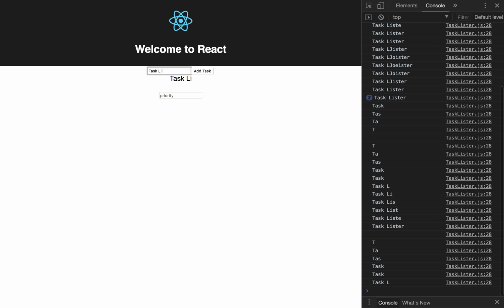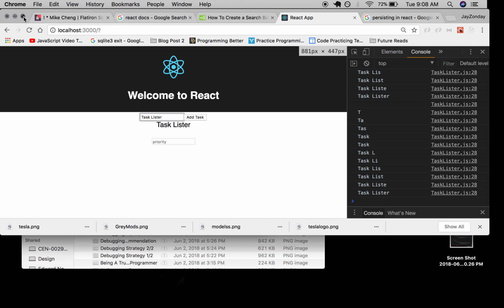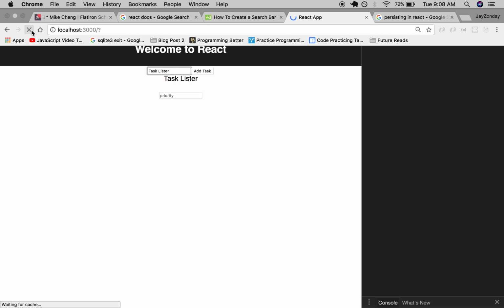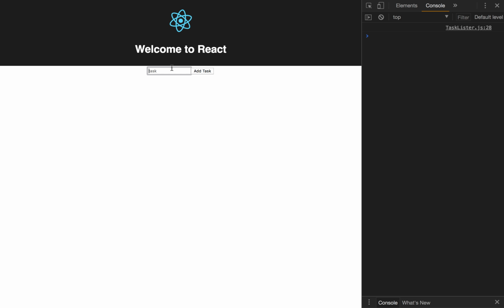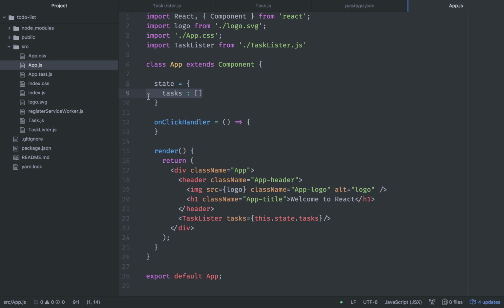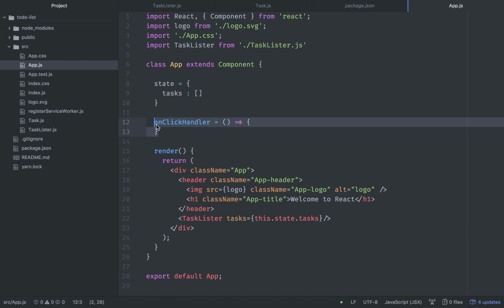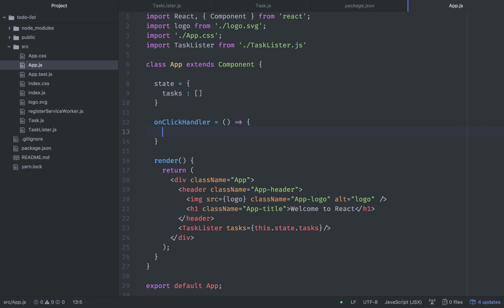So right now, we backtrack a little bit. Nothing's persisting. That's another issue as well that I'm realizing now, but I think that's also the way we have it set up besides the task lister. And again, that's also because I believe we're not pushing it into that empty state I have in the top of our app here, which is tasks. We're never, on this click, we're not pushing anything in. So that's why I believe they're not persisting per se. So basically on this click, I think that's why this has to be run here, because on this click we want